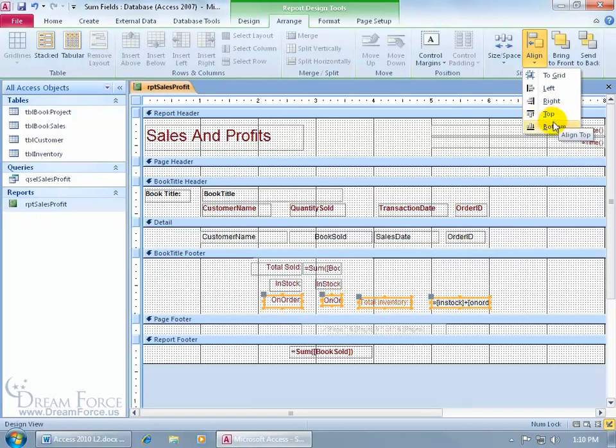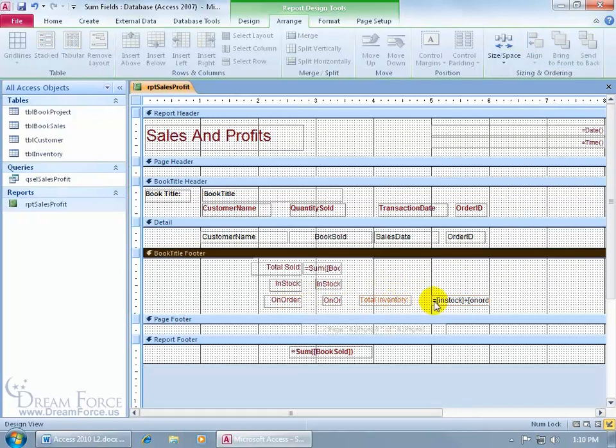what Access does is it looks down below and says, okay, which one of these fields is the one that's above the other? And it's these two fields, they're level, so it says, okay, we're above those two. We'll go ahead and bring those and align them to the top of these two right here, okay? So when I click top, it aligns it to the top of those. It looks good. Click off in a blank area,